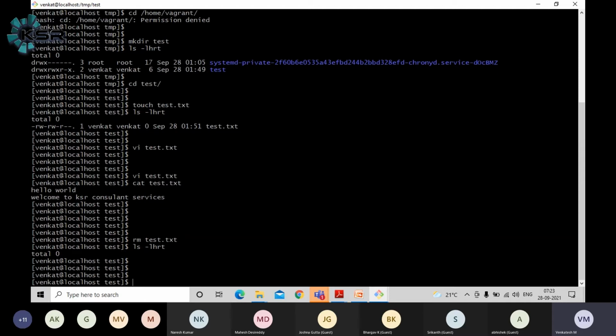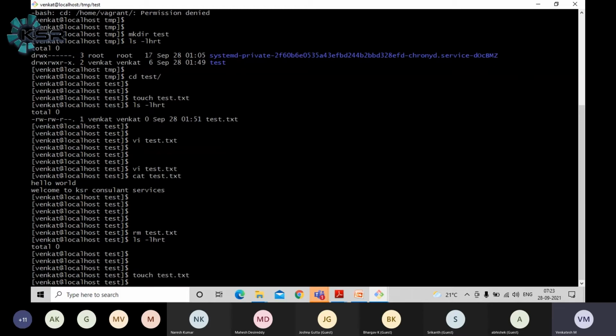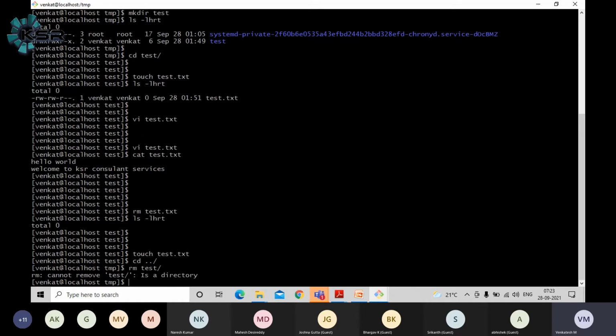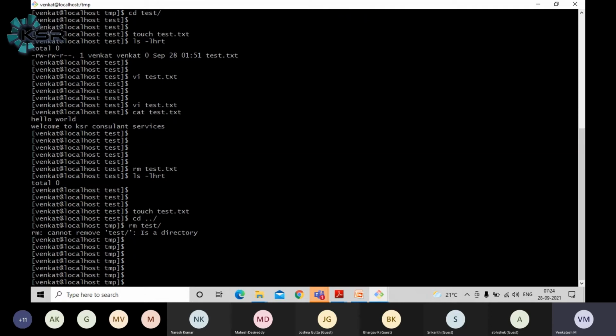Similarly, guys, in case you want to delete a folder, let me go one step back. Now I want to delete a folder called test folder. To do that, let me try to delete with the rm command. Let's see what will happen. When you fire up the command rm to delete the directory, it says rm cannot remove test, it is a directory. That means to delete a directory, we can't use just rm. So we need to pass some arguments, guys. To remove a directory, we should use a command called rm space -r, then test.